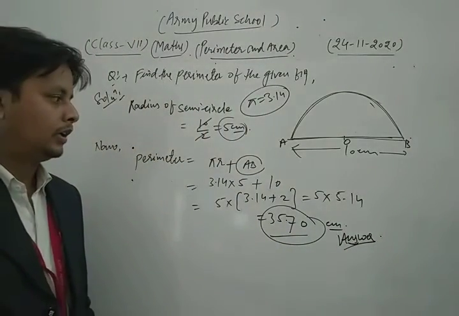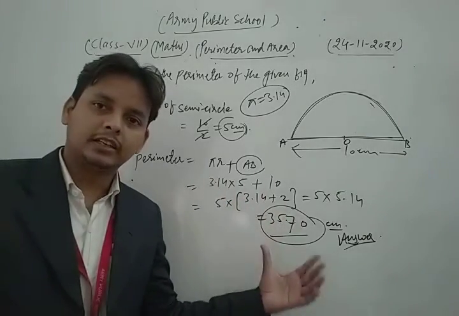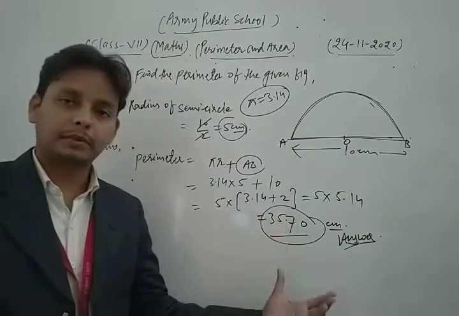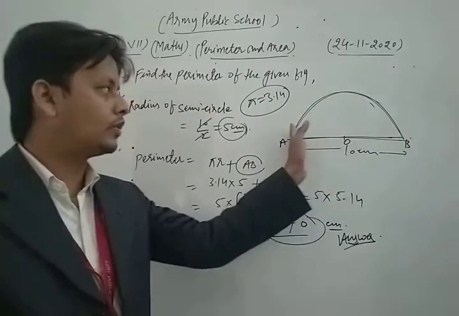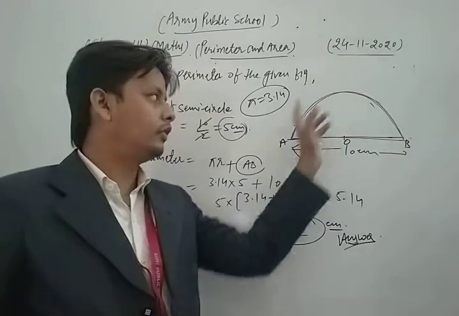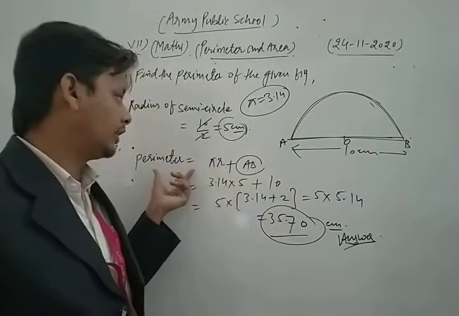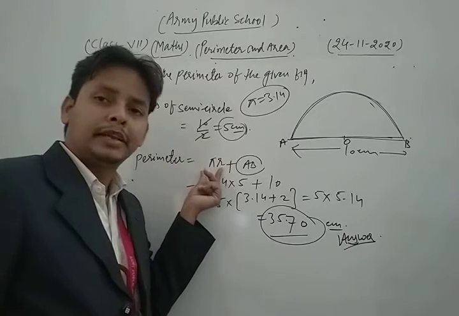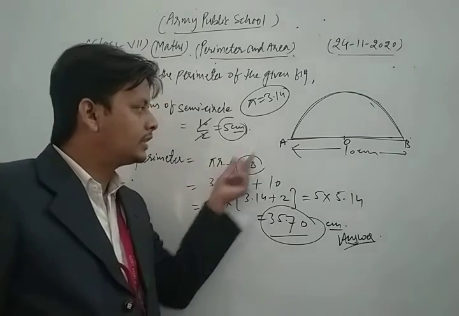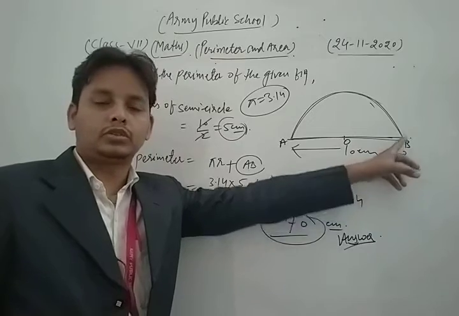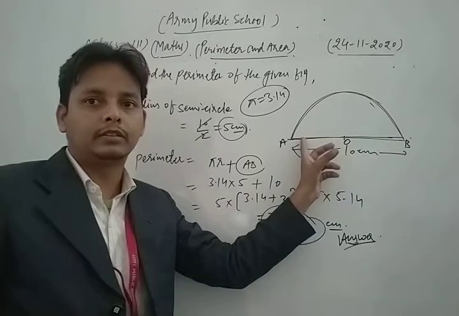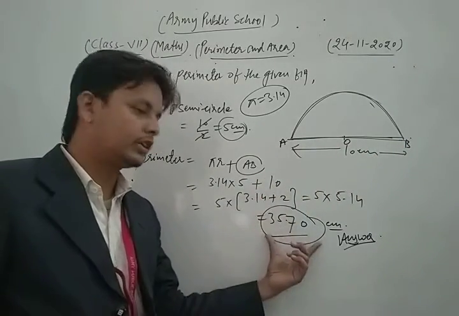Okay. So this is the method to solve that type of question. Okay, dear student, perimeter means what? The length of its outer boundary. First of all, in that figure the perimeter will be the perimeter of the semicircle plus that region AB, because this is also included in that figure. So after solving them, we get our result.